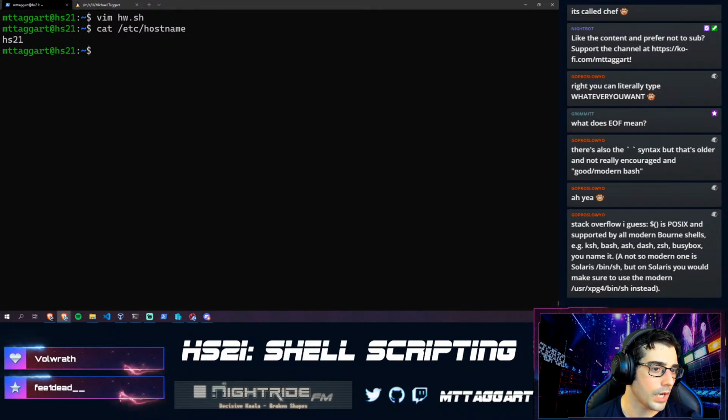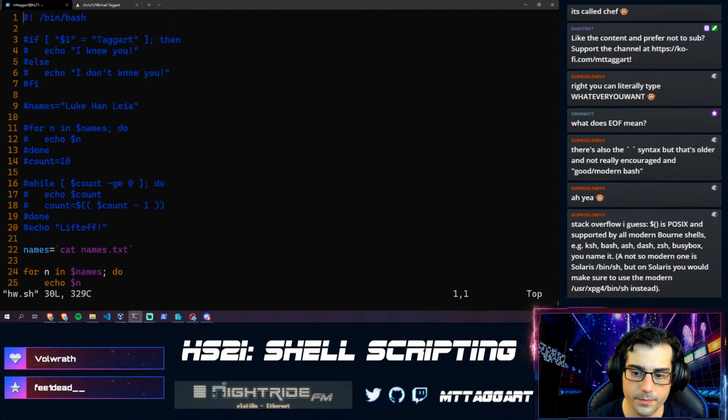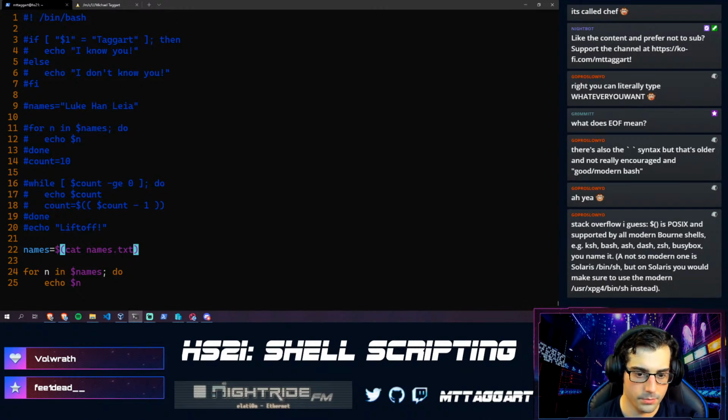Oh, I got you. It's bash specific that's the issue. The backticks are bash specific. They're not POSIX compliant. Okay, that's good to know. So if you don't know what shell you're going to be executing your shell script in, you would want to do it with the dollar sign parentheses for the command expansion this way. But if you had a reasonable assurance that you were doing this in bash, you could do it with the backticks.